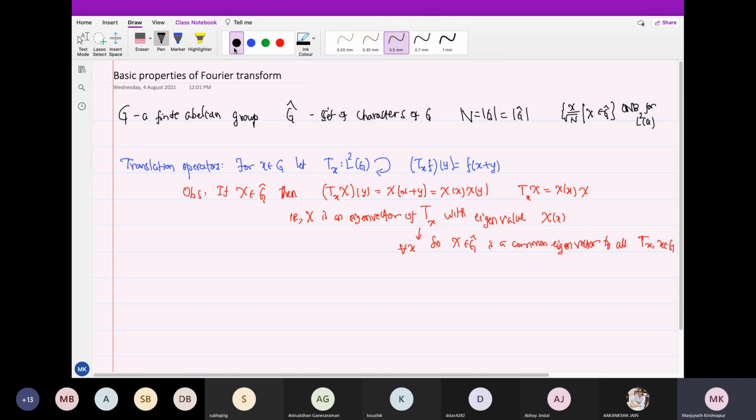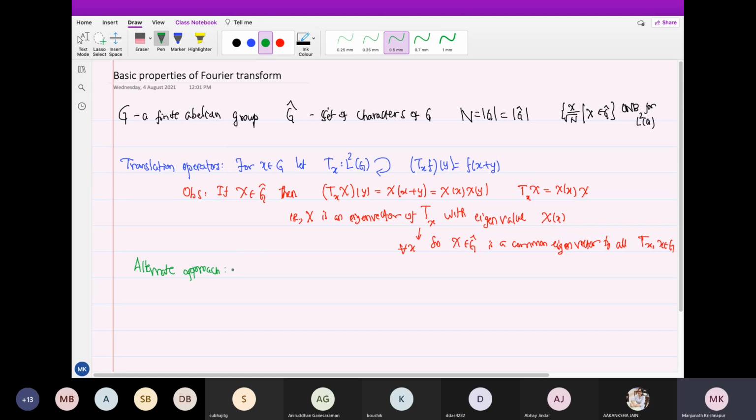Okay, so let me change color and write it. So you can do this in reverse. So instead of, so you could use this. So here is an alternate approach. Approach to what? To saying that a finite abelian group has n characters and they form an orthonormal basis for